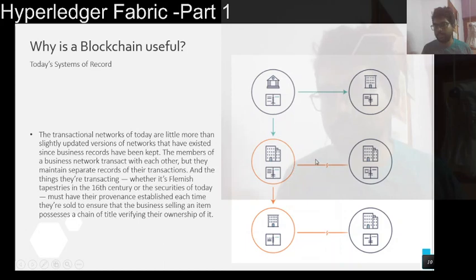So now this party is communicating to this party, and this party is communicating to this party. They all work for one single project, maybe one construction project. Now it is more difficult in the network. So each one has their own record, their own data for the same project.